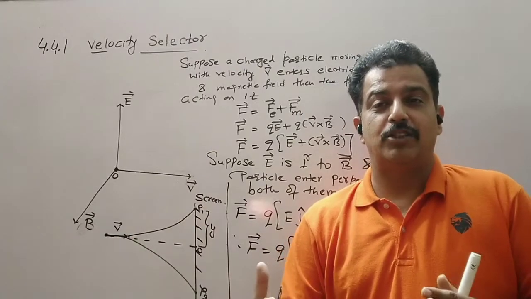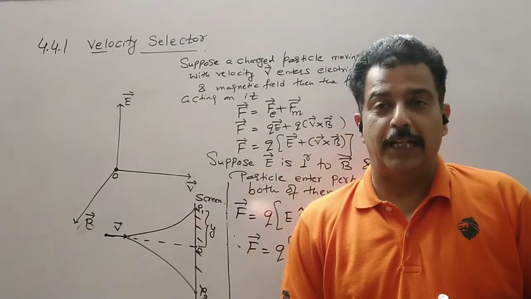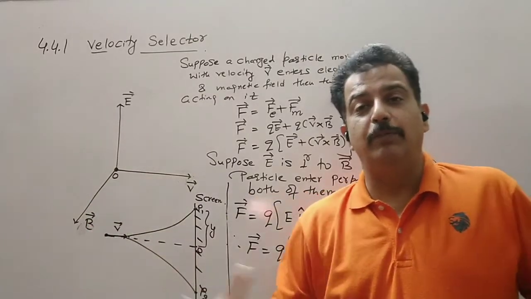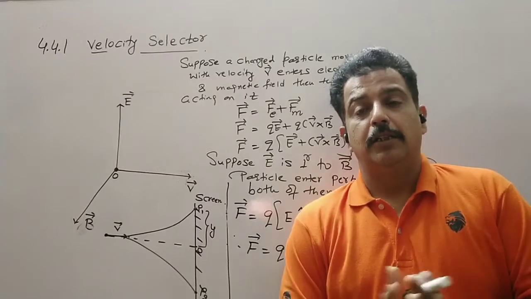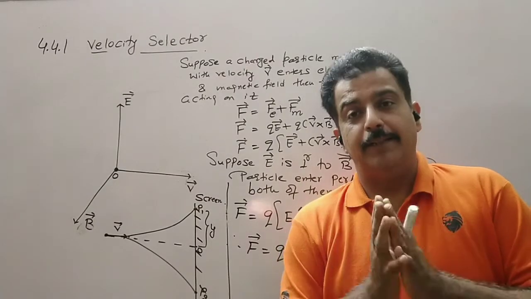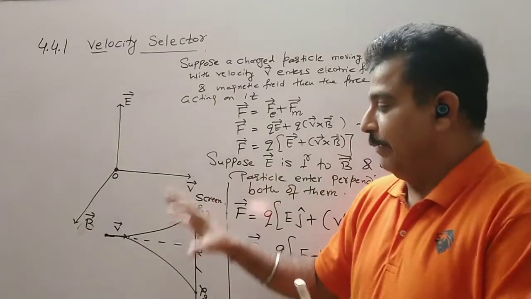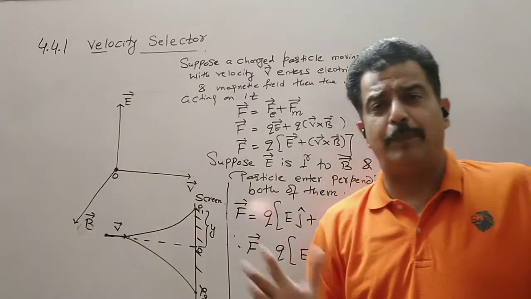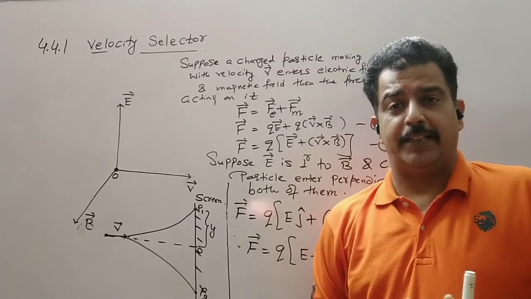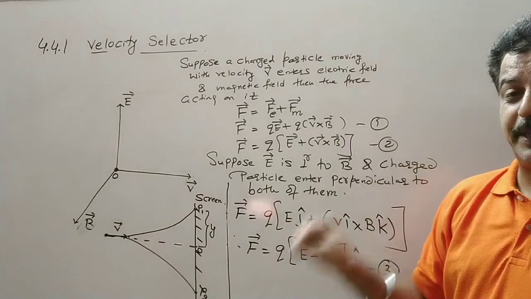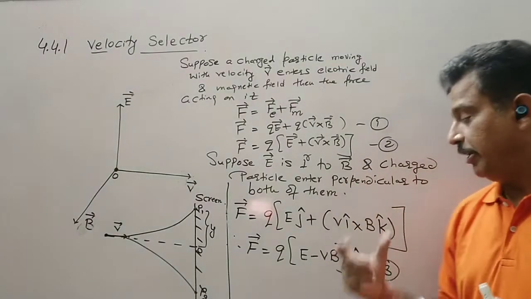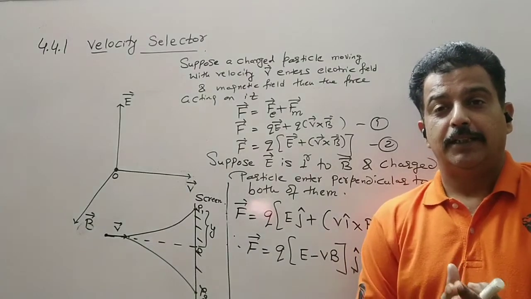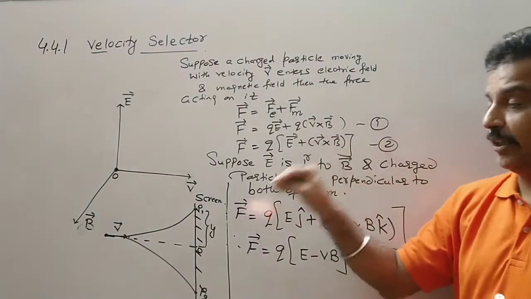Here m is a reference to the mass of a proton or the mass of an electron. That depends on what charged particle you are taking. So if I take a beam of charges, then I will allow them to accelerate and strike the screen. Now all the particles which are undeflected will have a particular speed, which we will find out from this formula, by which they strike the screen or hit the target.